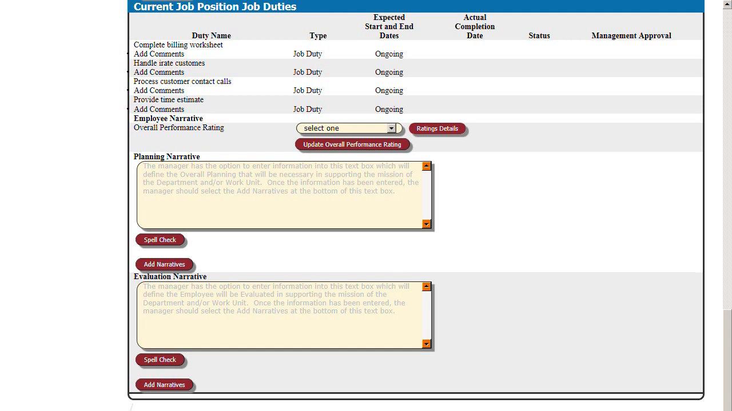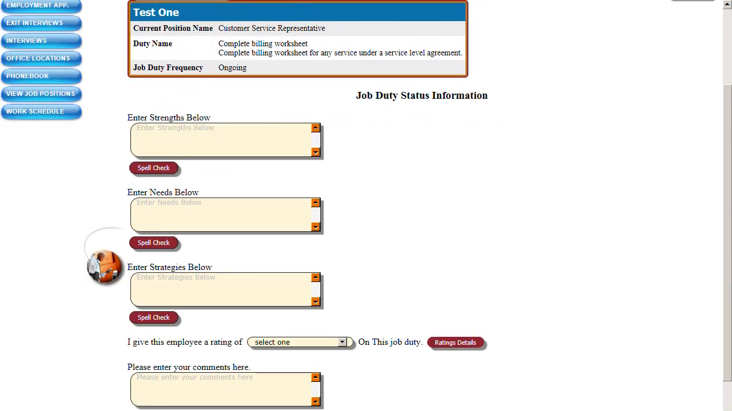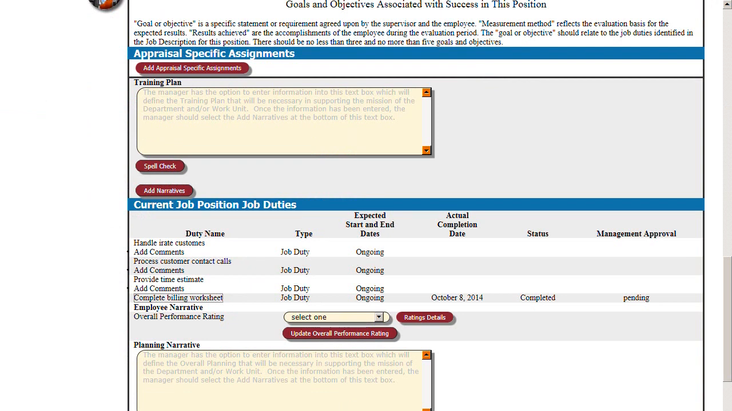We will now click on the first job duty entitled Complete Billing Worksheet for any service under a service level agreement. The following screen is then displayed. The manager can enter comments in the strengths, needs, and strategies free text boxes and also add comments regarding the job duty. The manager would likewise apply a rating for the job duty as displayed on the following screen. Although the entire appraisal template will be displayed on the screen, we will focus on that area of the appraisal template dealing with job duties and evaluations. Please note that once the job duty evaluation has been completed, it is moved to the bottom of the list of job duties,